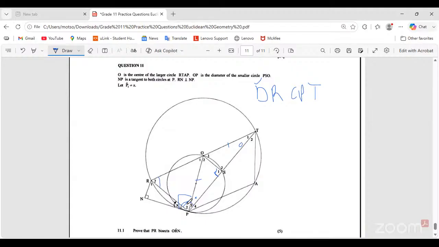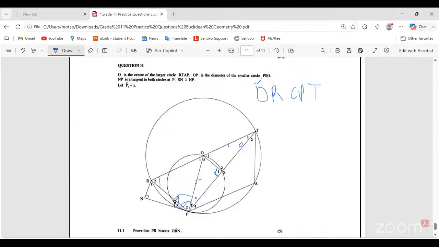Reason being, radius is perpendicular to the tangent. Okay. Now we go for C, the cyclic quad. I don't think there's any cyclic. Oh, yes. This is the cyclic quad, RTAP. And each four vertices touches the circumference of the circle. Therefore, angle A and angle R2 are supplementary, and angle P2 plus P3 plus P4 and angle T1 and T2 are supplementary